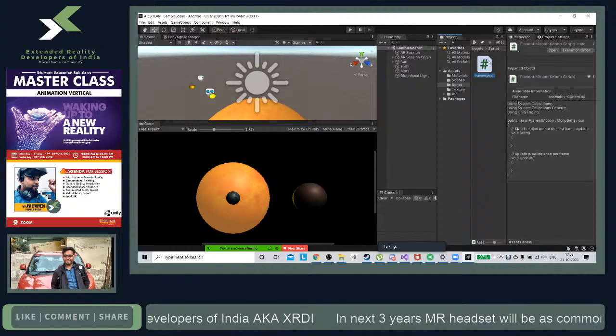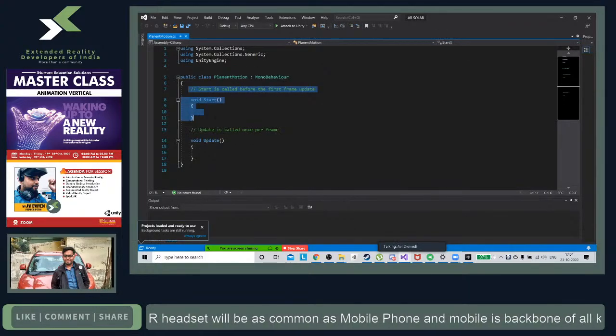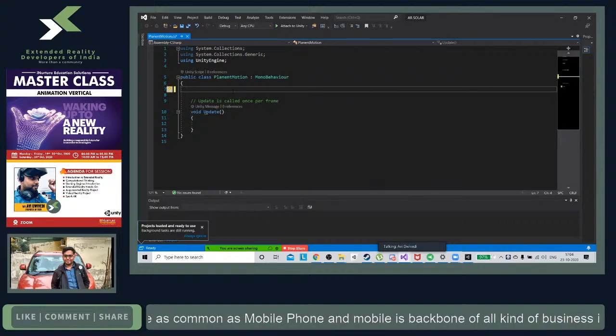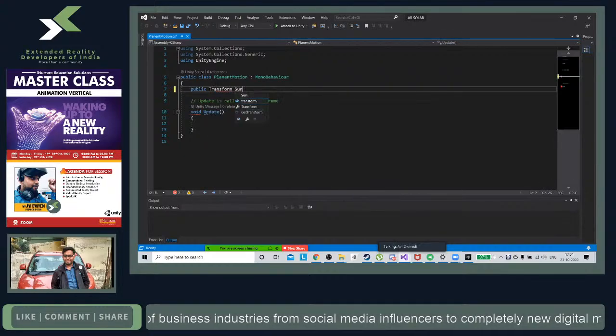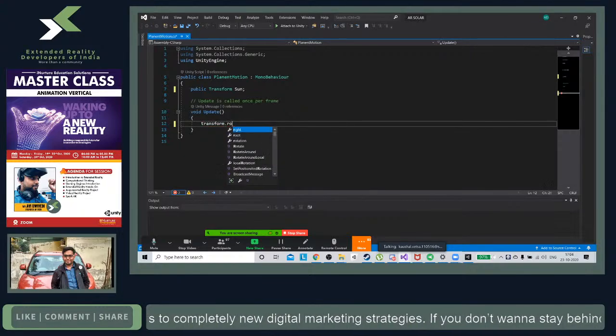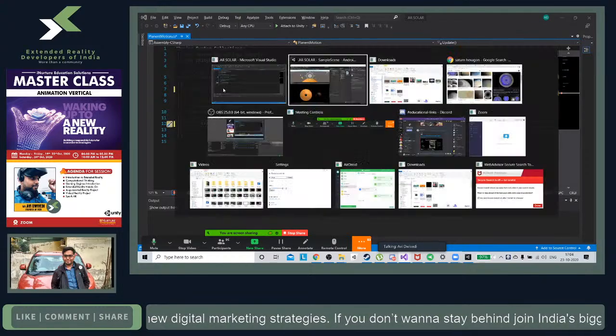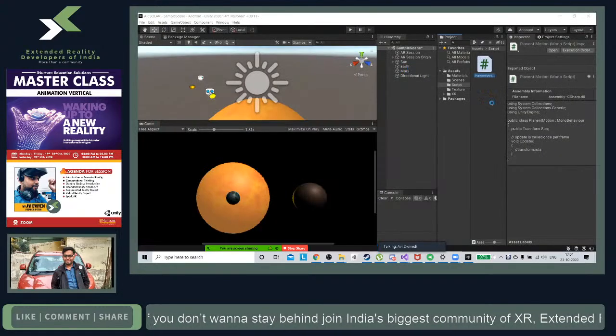All right. So how do we want the script to work? It's going to be very simple code. We want three variables, some sort of. We need to tell the script what the axis of rotation is. So we need the sun, a public transform. It needs to know where the sun is. Now I know why they are using public. If you don't use public, it will not be listed here. When you write public,